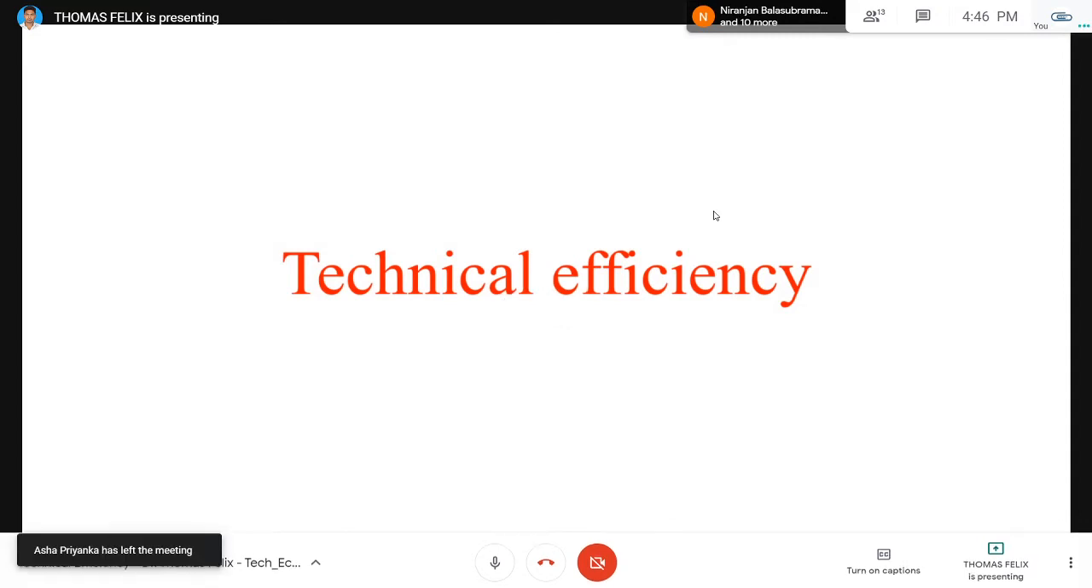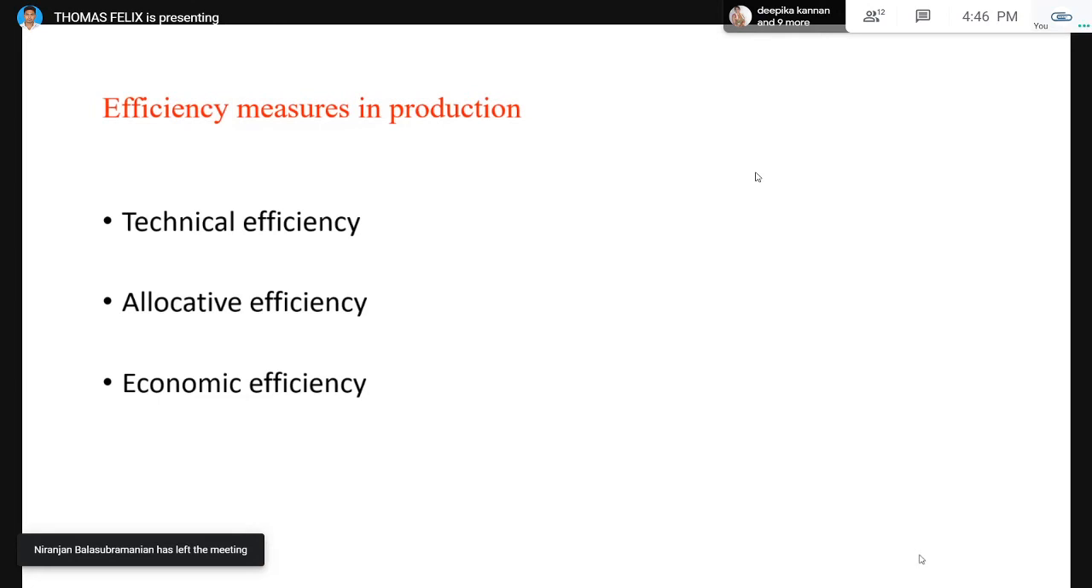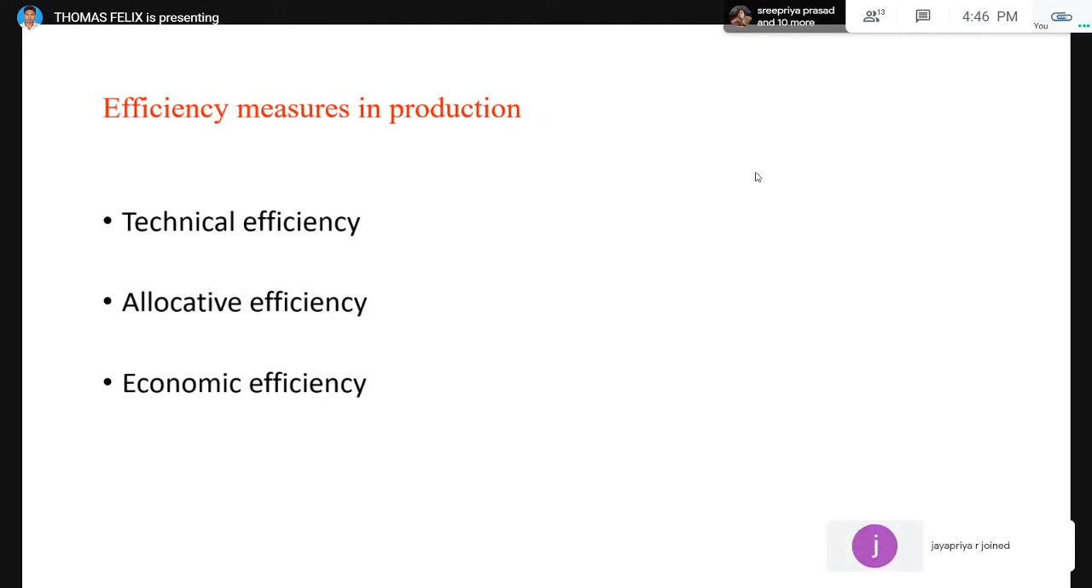Usually, some of the efficiency measures are economic efficiency, technical efficiency, allocative efficiency, and scale efficiency. We use these to measure the efficiency of a production. As we know, there are technical efficiency, allocative efficiency, and economic efficiency. In the case of economic efficiency, by multiplying the technical and allocative efficiency, we can get the